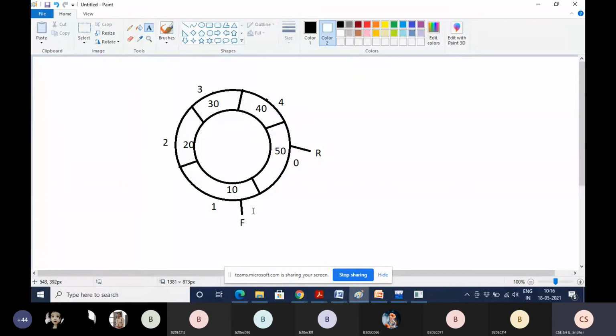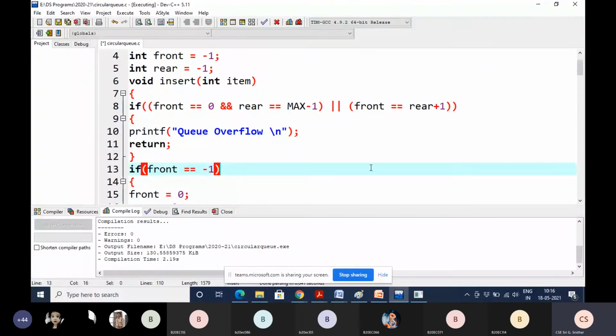So wherever the rear and front positions are in the circular queue, if you use that equation, then it is enough. If the condition is satisfied, it will directly display that the circular queue is overflow. Students, are you following whatever I am telling? Is it okay? Yes, sir. Fine. So in that case, you can write circular queue overflow.